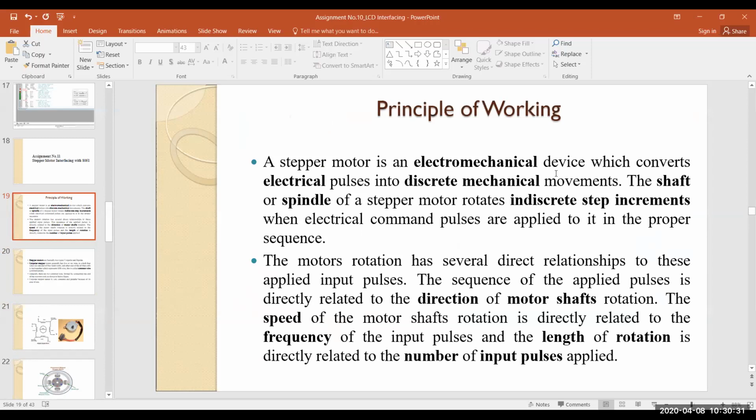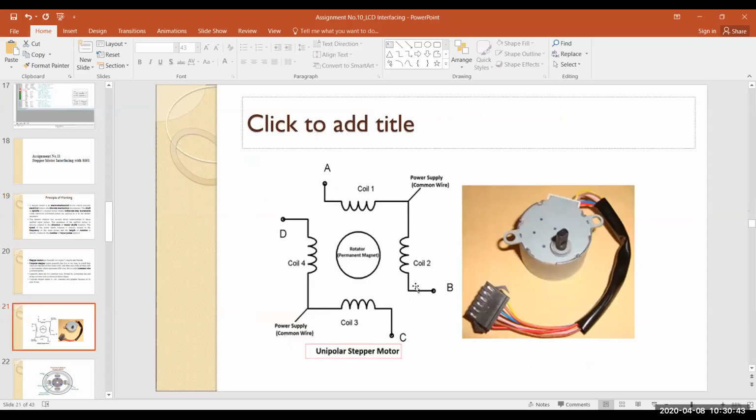Because of the electric pulses, the rotor present inside the stepper motor rotates accordingly. That is what a stepper motor is.